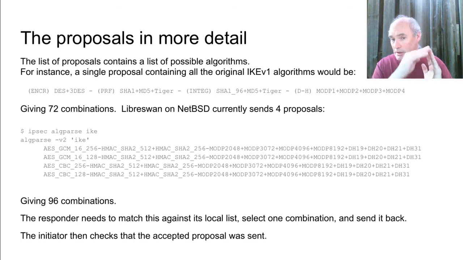It's just you have a list of proposals, and within a proposal there's a list of algorithms, and you take any combination from that list. You're meant to start at the top and work your way down, find the first thing you like. So for instance, if we go back to the original IKEv1 RFC and get the algorithms